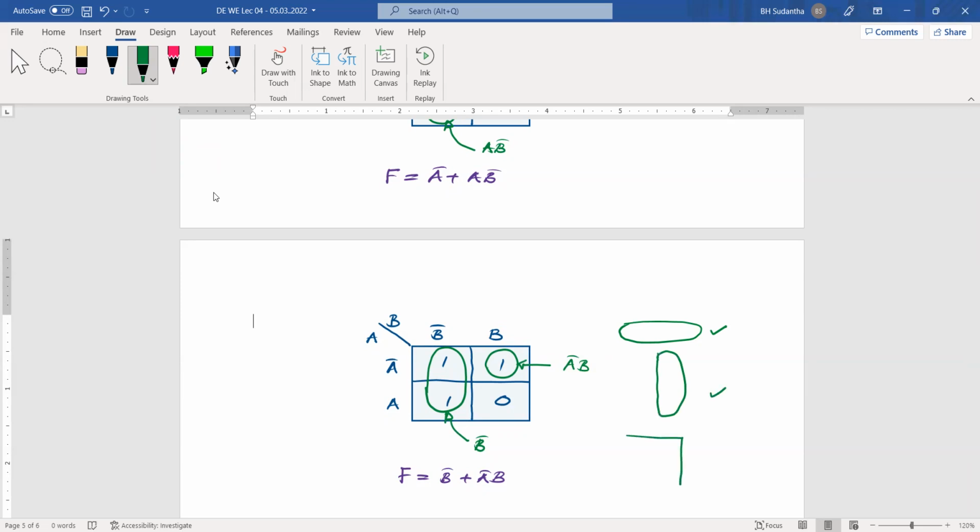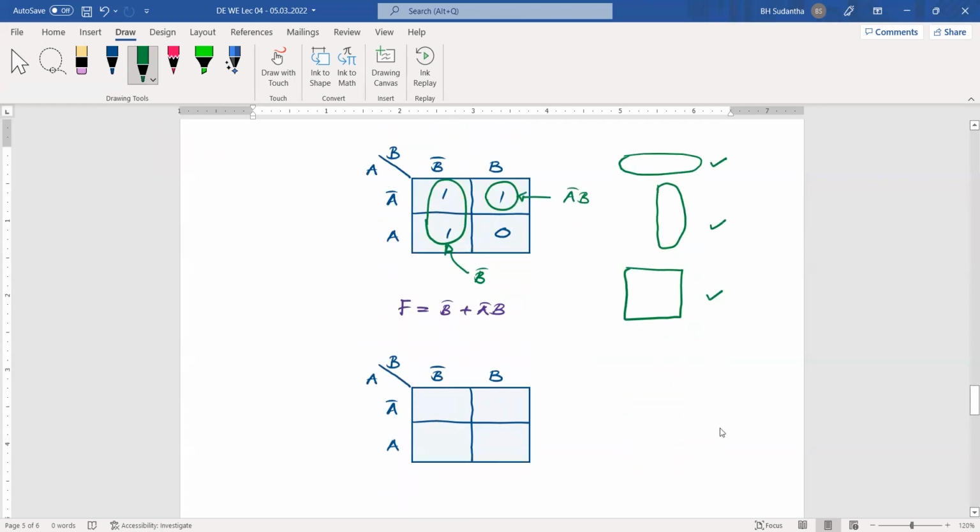Or maybe if you make a square like this, that is also okay. Okay, but if you do something like this one, the diagonal, combining these two together, then these are not allowed. Okay,